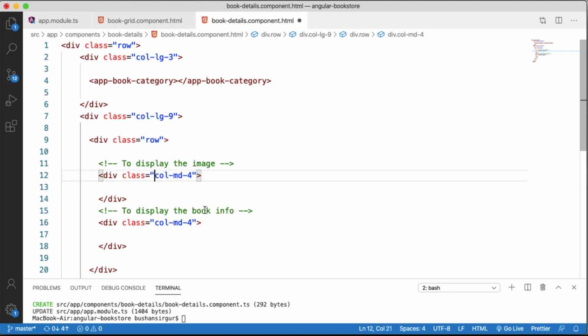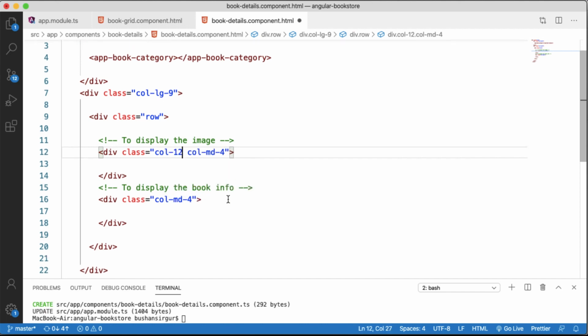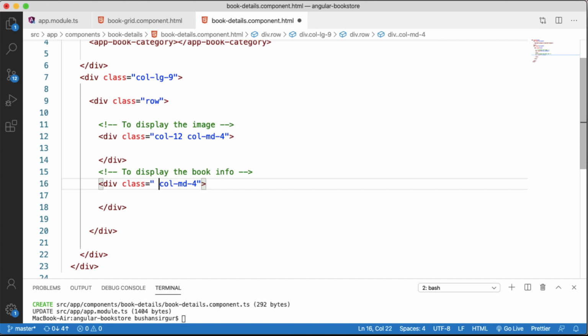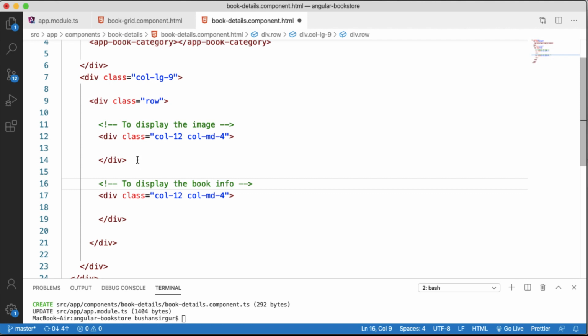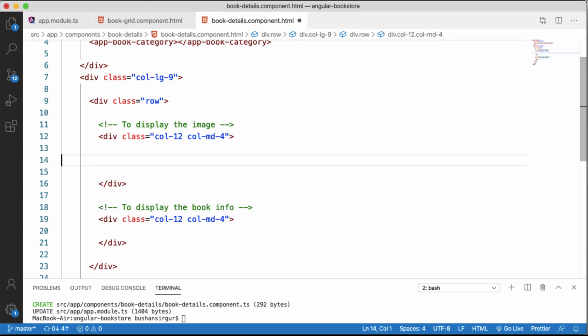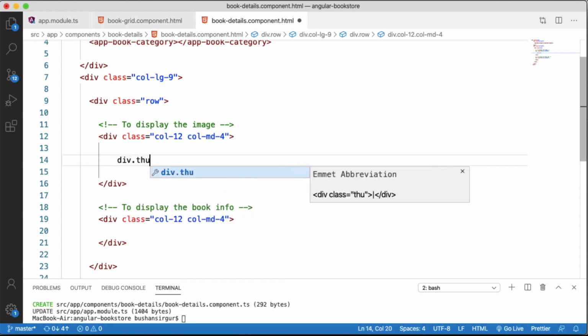I'm going to add a bootstrap classes to this div. So in the small devices we're going to display the full 12 columns. So within the first column I'm going to add one more div with the bootstrap class thumbnail.